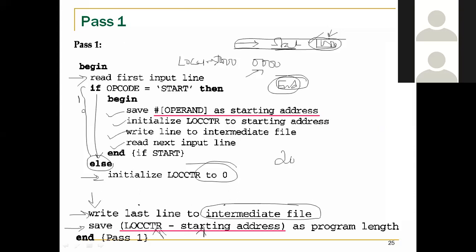For example, as I said already, if your location counter value is 2039, and if the starting address of the program is 1000, then the length of the program is going to be around 1039. So this is how the length of the program is calculated, and that's the end of pass one.